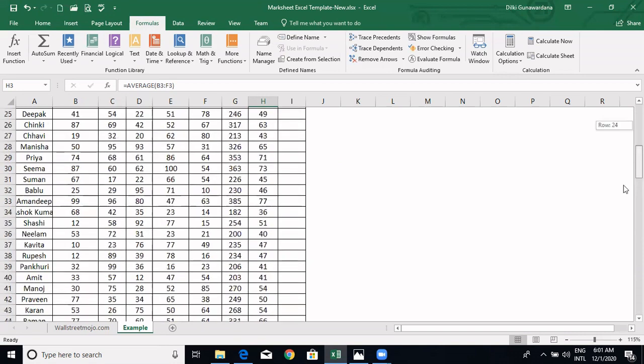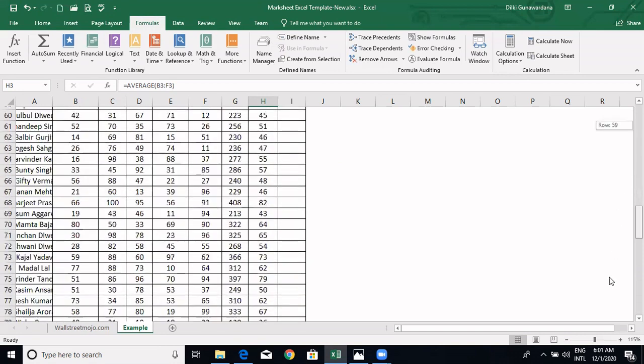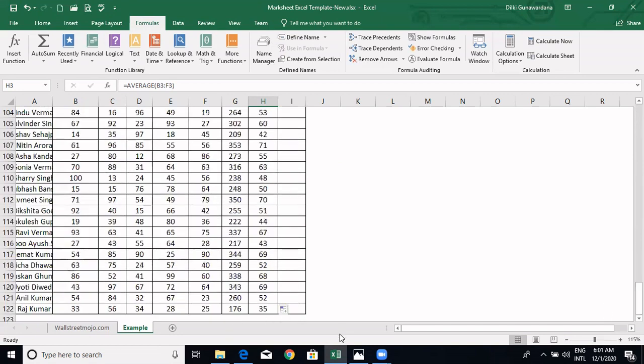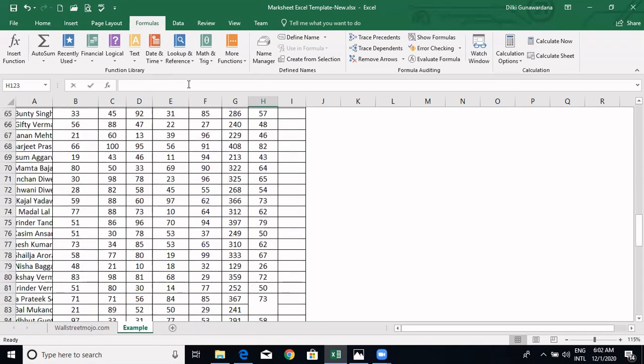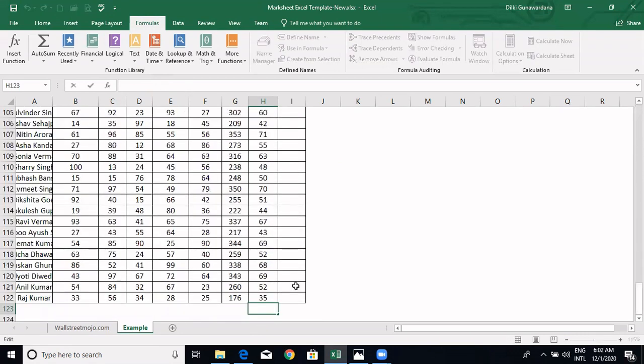Now think, I want to find the maximum of these averages, so I can find the class first. Okay, maximum. So here I'm going to write the formula manually, so you will also improve. I select the cell where I want the value. So I'm writing equal MAX, and the cell range starts from